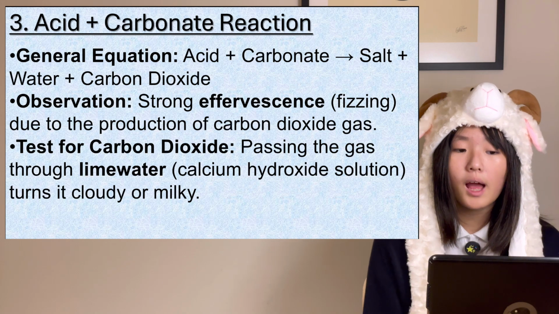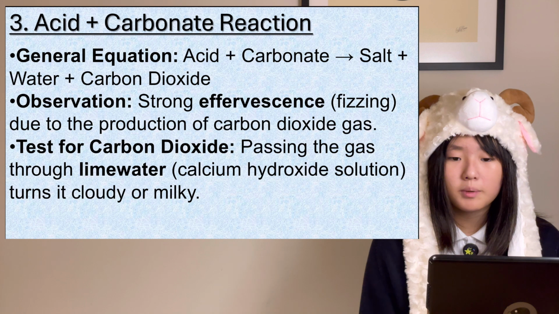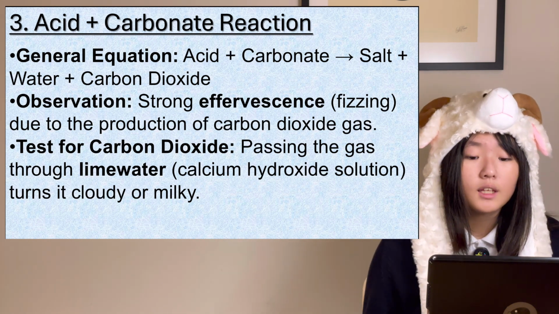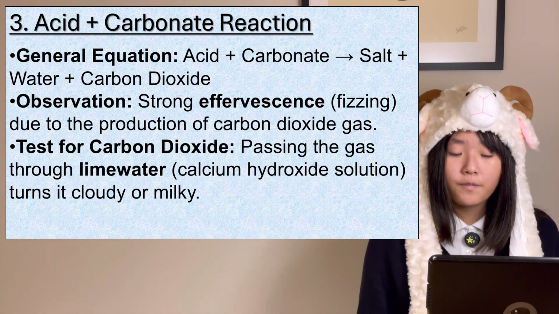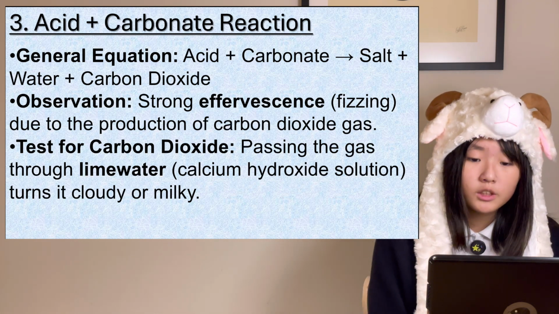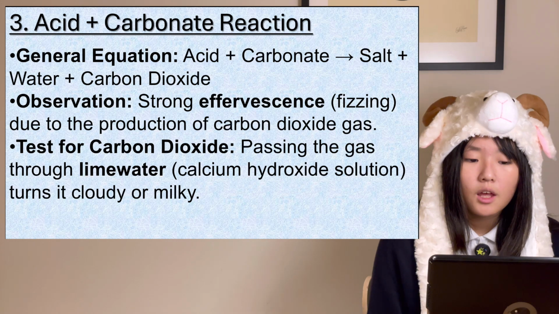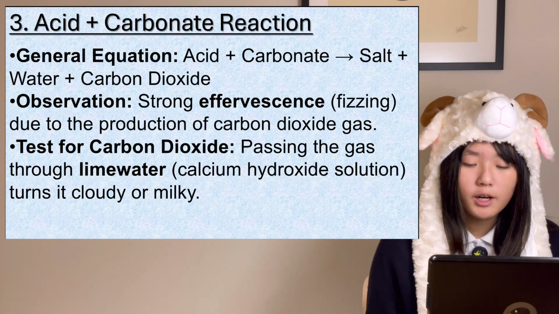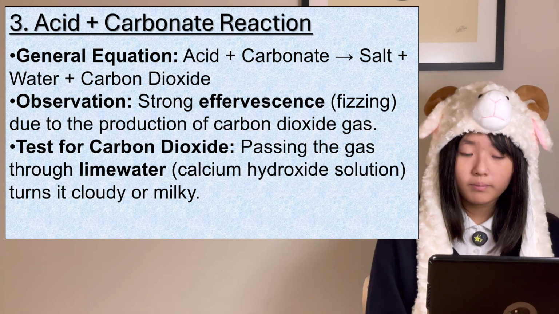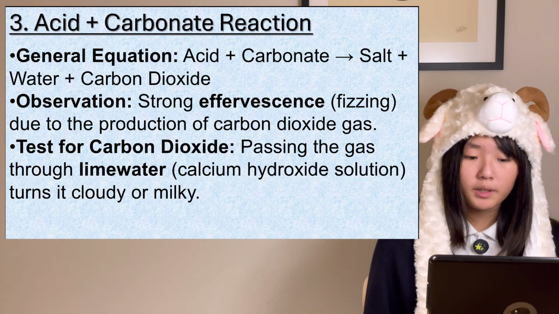Now, I'll tell you about acid plus carbonate reactions. The general equation is acid plus carbonate becomes salt plus water plus carbon dioxide. The observation you should have is a strong effervescence, which again is just a fancier word for fizzing, due to the production of carbon dioxide gas. The test for carbon dioxide is bubbling the gas through lime water, which is just calcium hydroxide solution, and if it turns cloudy or milky,